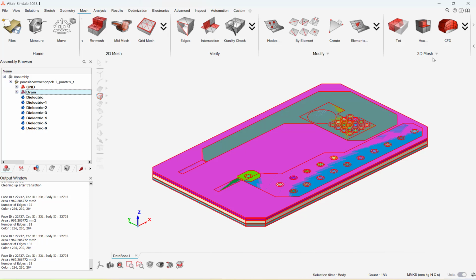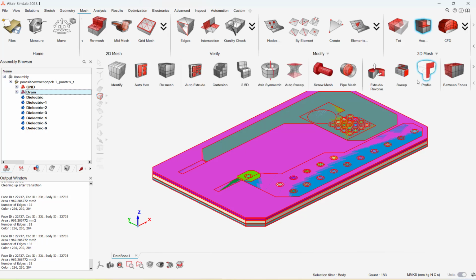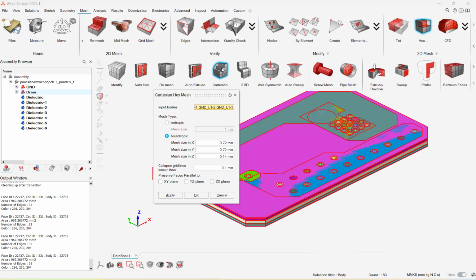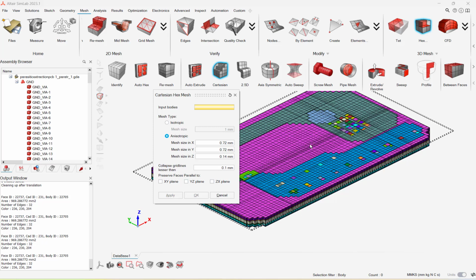Select 3D Mesh options. Select Hex Mesh. Finally, select the Cartesian Mesh. And you can see all the input bodies are selected and displayed over here. Finally, click on Apply for the mesh. Now we can see the entire model is meshed using the Cartesian mesh.